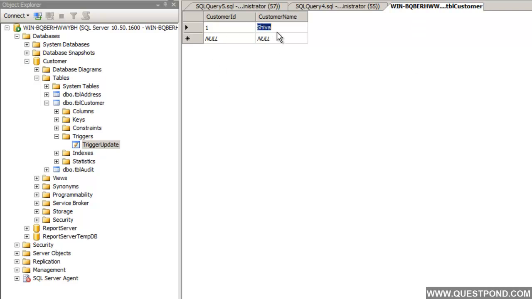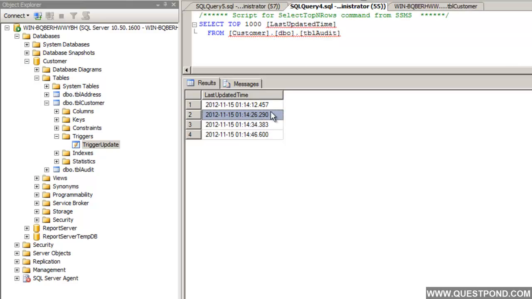So for example, now the old value is Shiva, and if somebody goes and updates this to Shiv, then I would like to go and see a record saying that okay, this is the last updated date and time, the old value was Shiva and the new value is Shiv, right? So I would like to add some more information to this audit table to make it more reasonable,